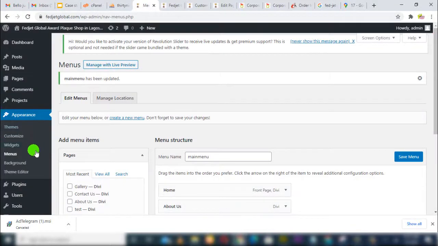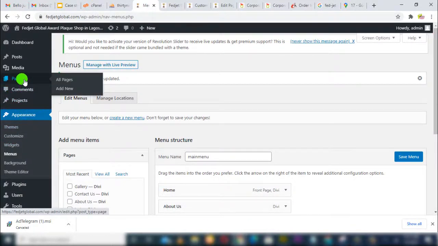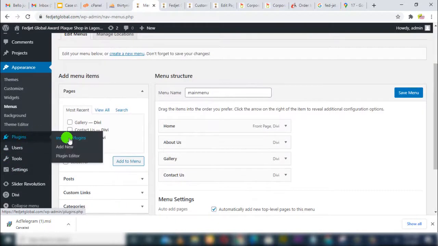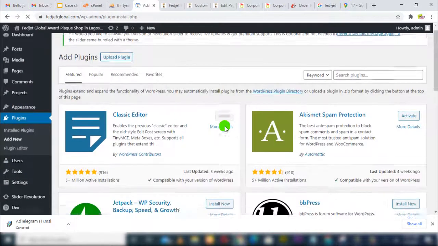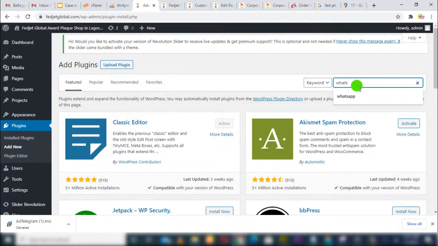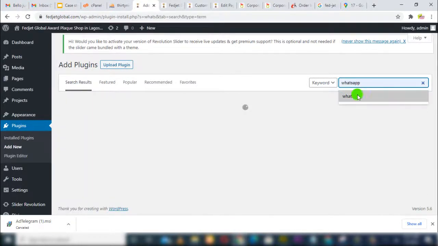So I want to go ahead and install the WhatsApp plugin so that people can contact us directly from their WhatsApp. From our website, they can actually get to our WhatsApp. So I just go to add new plugins, then add new, then I'll type WhatsApp. Just put WhatsApp there,